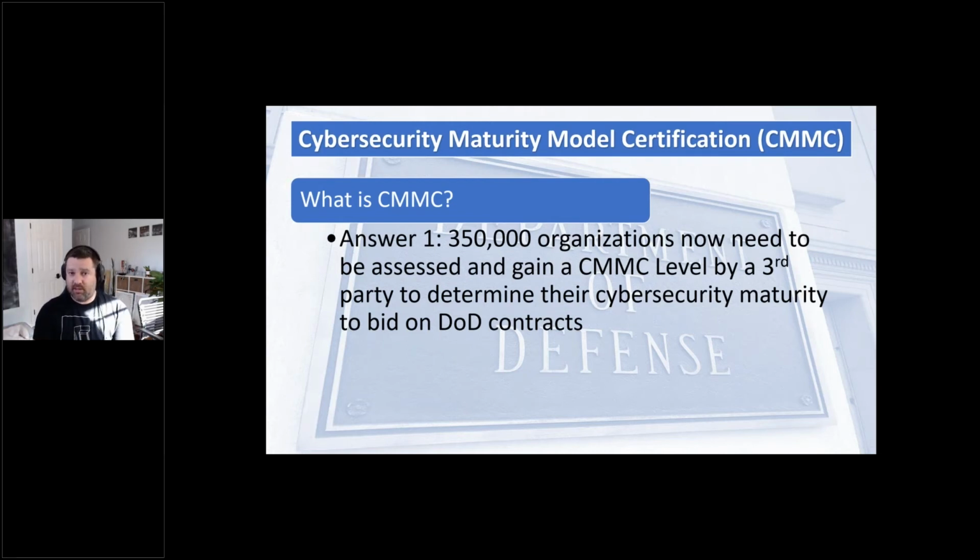All of this has to be done by fiscal year 2026. All of this comes in the form of a third-party assessment model where assessors will be looking for documentation around cybersecurity policies and practices and assessing whether or not certain practices are done in certain ways. That is based on a rubric of 17 different domains with potentially 171 processes and practices.